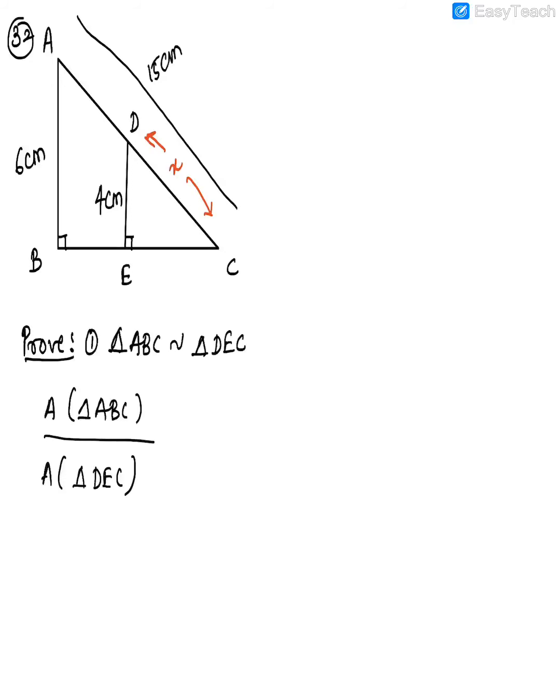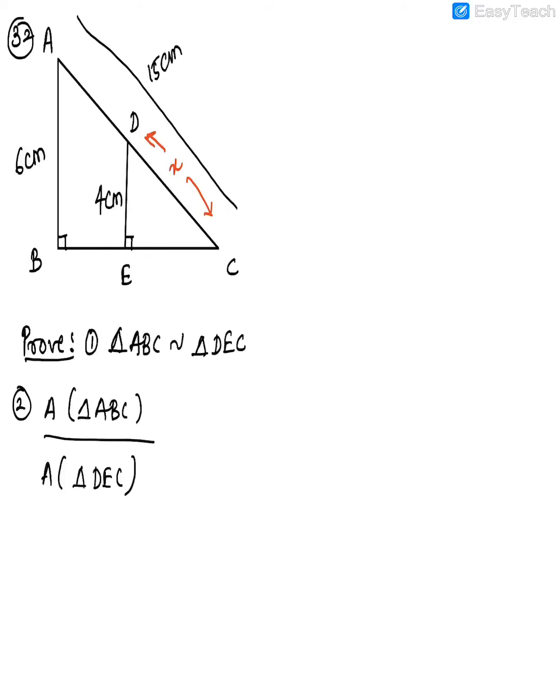Now first thing, how will you prove that they are similar? One point is already given to us, that they are 90 degrees. You can notice this is 90 and this is 90. Also angle C is a common angle in both. So these two triangles are similar to each other by the angle-angle test of similarity. Check the correspondence. You can see B and E are in the correct place and C is also in its correct place. So they are in correspondence only.